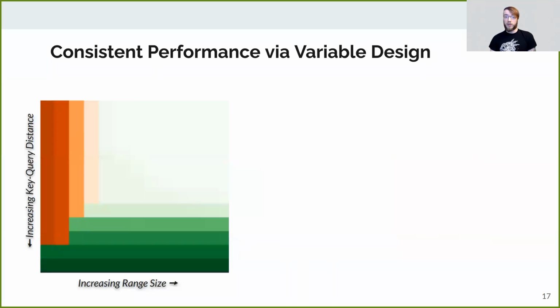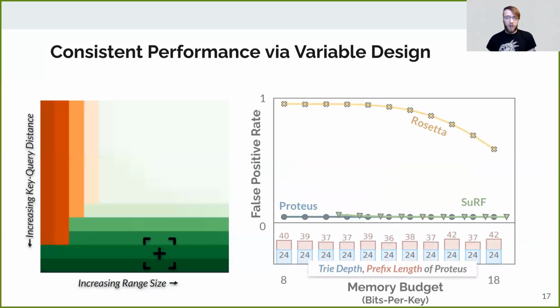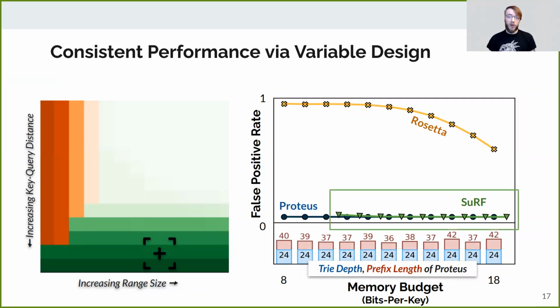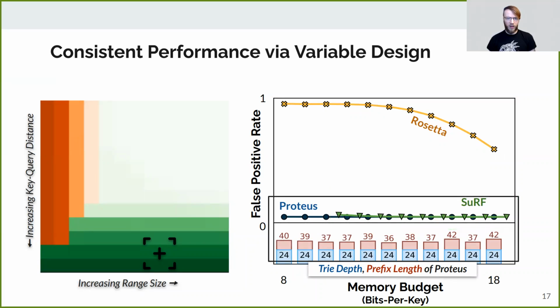On the other end of the spectrum, we have uniformly distributed queries with large ranges. The large ranges, again, heavily penalize Bloom filters with long prefixes. But since the queries are uniformly distributed, most common prefixes will be shorter than the trie, allowing it to be much more effective. As such, Proteus dedicates the majority of its memory to the trie and performs similarly to Surf, though its more flexible construction allows it to use smaller memory budgets.